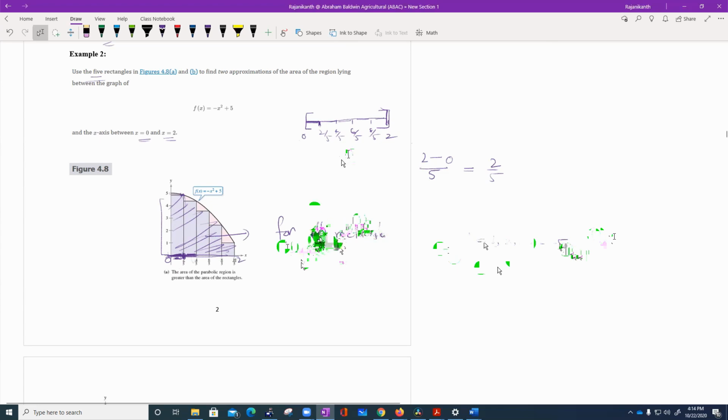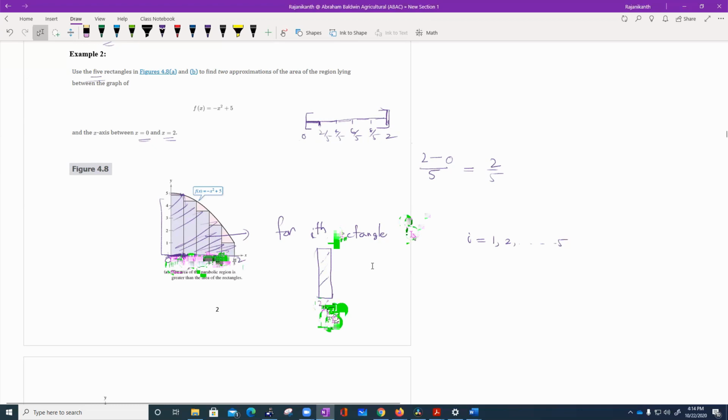That means the ith rectangle will be like this. Remember the class width for each rectangle is the same, which is 2 over 5. No change in the length, but the height will be changing. Now, for the first rectangle, the right end point is 2 over 5. For the second rectangle, the right end point is 2 times 2 over 5, which is 4 over 5. In a similar way, the right end point of my ith rectangle is going to be 2 times